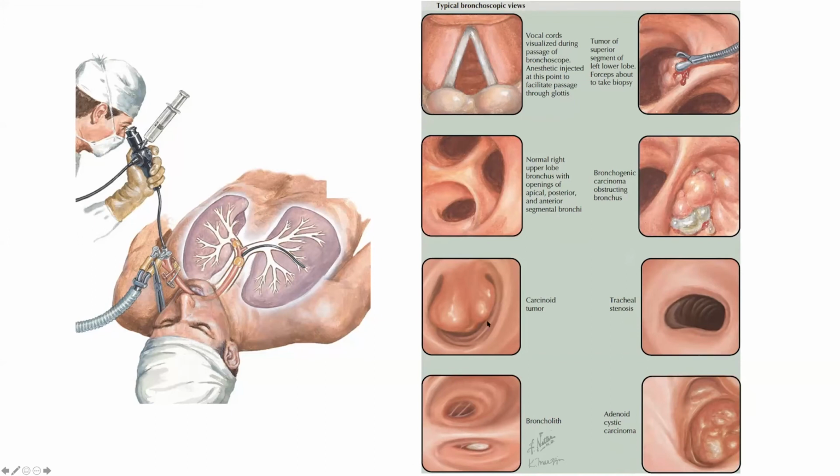There can be a stone. There are so many variants, and you look at it. These are the different views which can be captured by putting this instrument in, and you can see what is happening. Is it normal or is it abnormal? So this pattern will be evident, and you can see everything very nicely. And these are the different images to help you understand how a patient can breathe during a bronchoscopy.